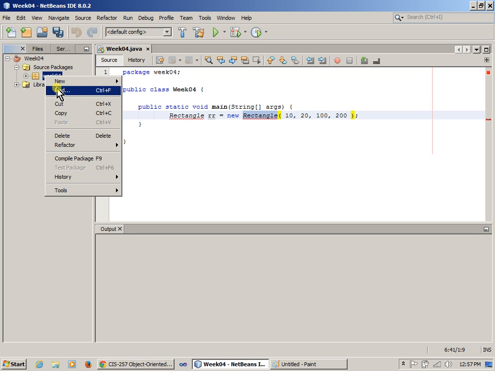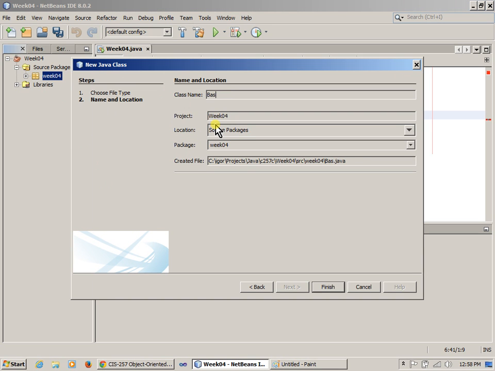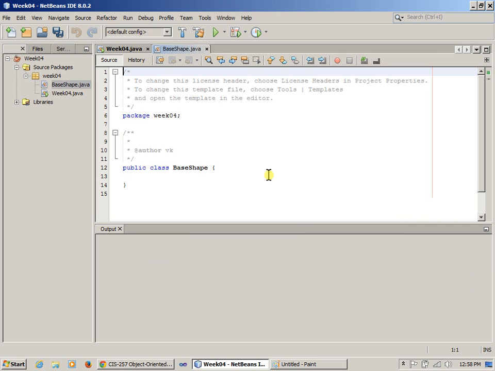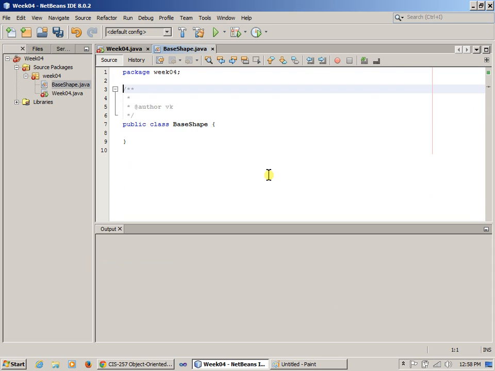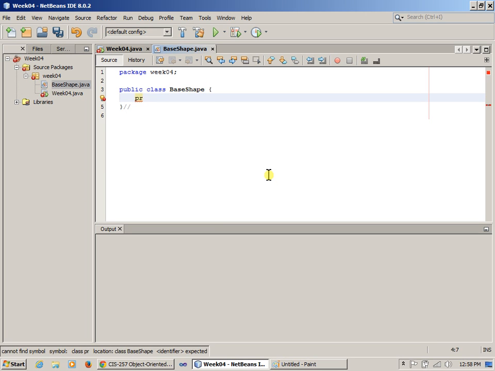So right here, I'm just going to create a new Java class and name it base shape, finish. Okay, so here's the base shape. And as we discussed, perhaps it would be useful in the base shape to store just one single point. In fact, we could have a helper object named point, but right now I'm just going to use integers. So private int x and private